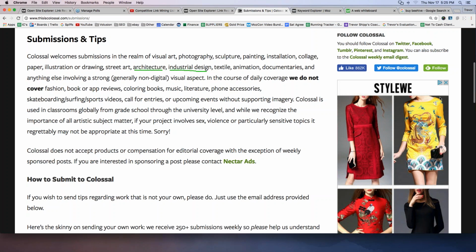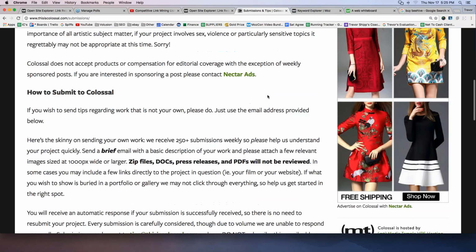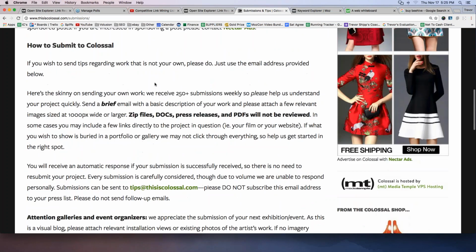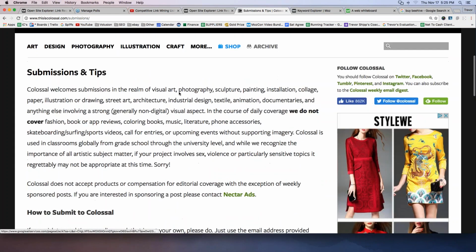So yes, I would be willing to try it. Now, if I'm unsure whether it would actually work, I might contact Colossal right up here at the top right. And then it says, okay, how to submit if you wish to send tips regarding work that is not your own, blah, blah, blah. Anyway, you'd have to read through the rest of this to see how to submit. But it looks like I could write an article, put my own link in the article, and submit it to Colossal here. And in essence, if they include me, right,